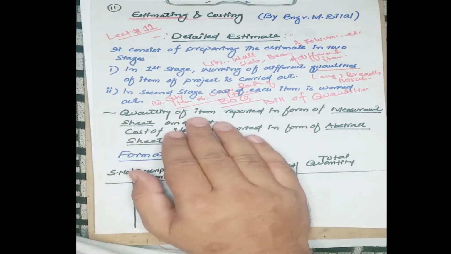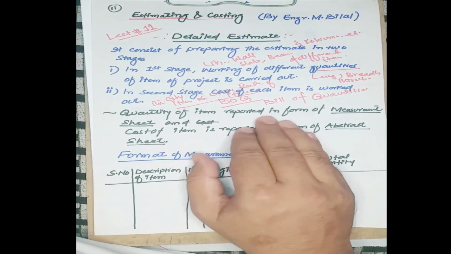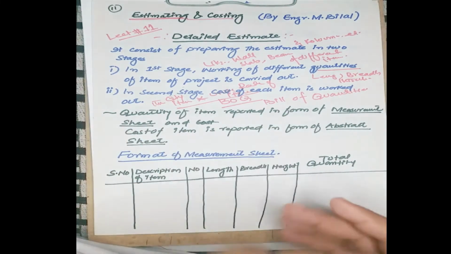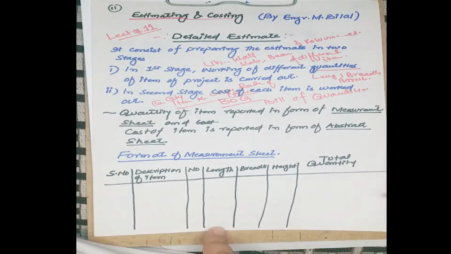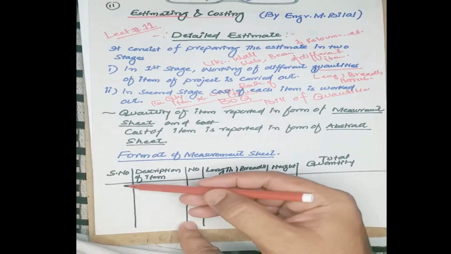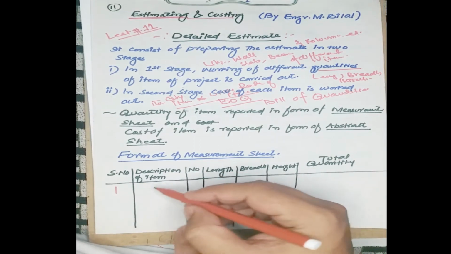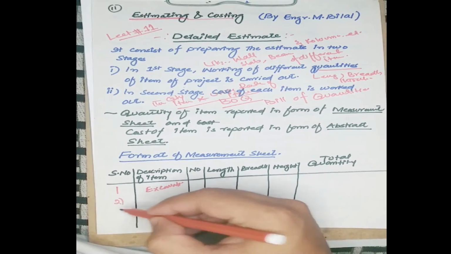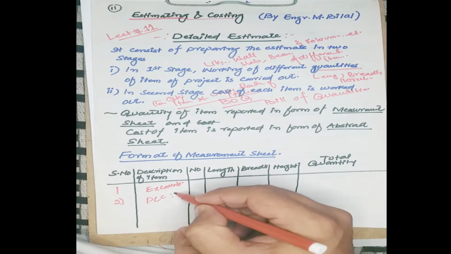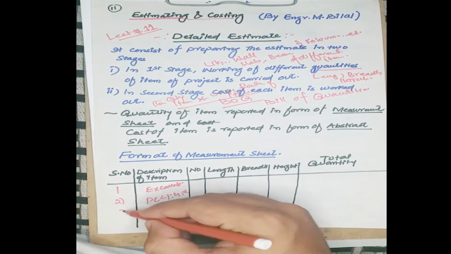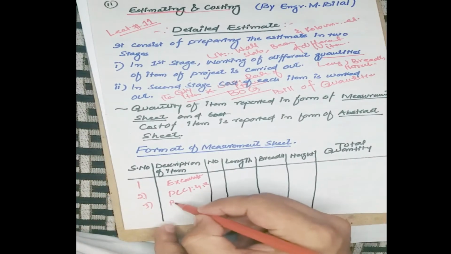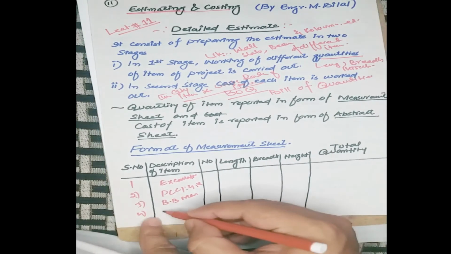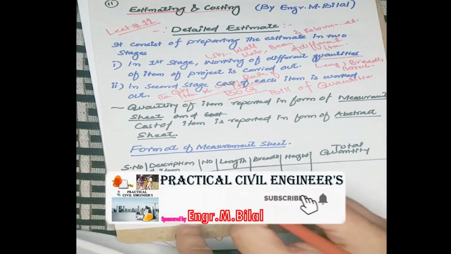The quantity of items is reported in the form of a measurement sheet. This is a form of measurement sheet. Here we write down serial number 1, like excavation, serial number 2, like PCC 148. The third one is burnt brick masonry. The fourth one is DPC, and its number